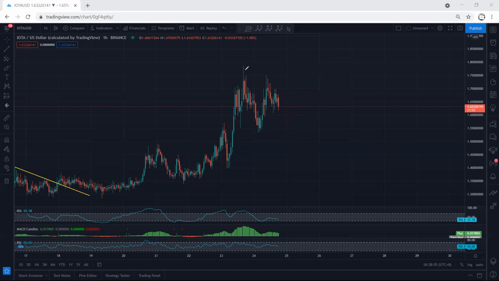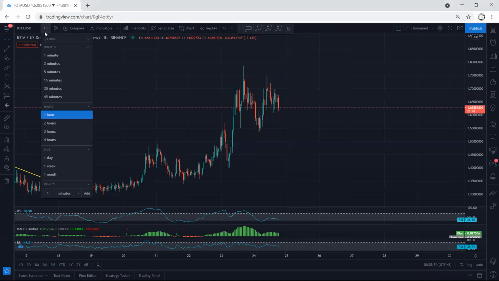By the way, we don't have any trade setup. We're looking at this correction right now. We want to see what type of correction it can give. The best thing is if this one can retest this low before we get the next move. And if we move to the 15 minute,